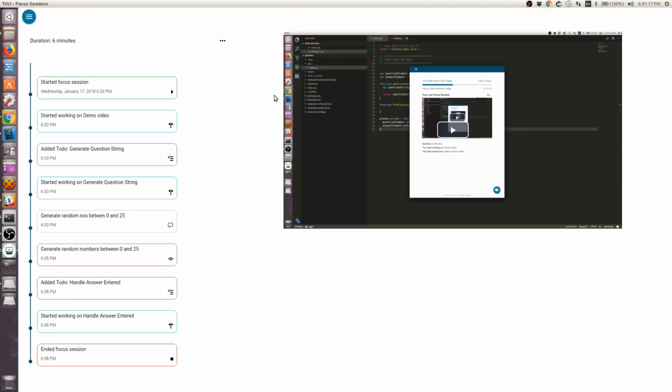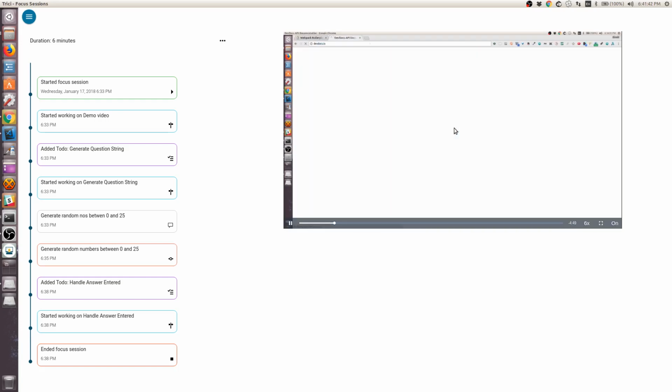So if I just go back to my focus session, this is the detailed view of the focus session in Trici. You can see that there is a timeline of events on the left hand side, and as you can see, I added a to do. So I added a to do, and then I added a note, which was, I started working on generate question string, and then I added a note which is generate random numbers between 0 and 25. So if I just click on this, it goes to that point in the video, and then if I just play from here, I can see that